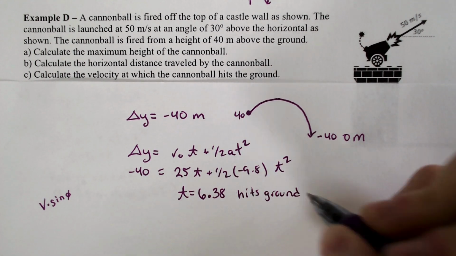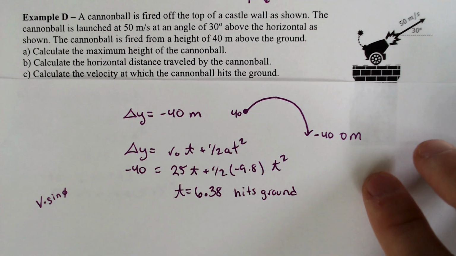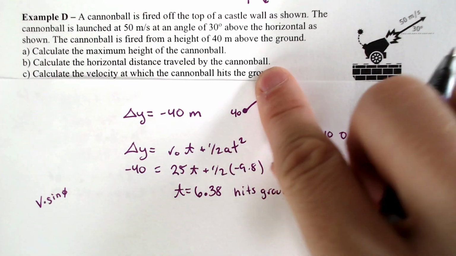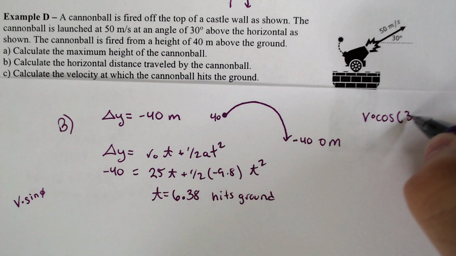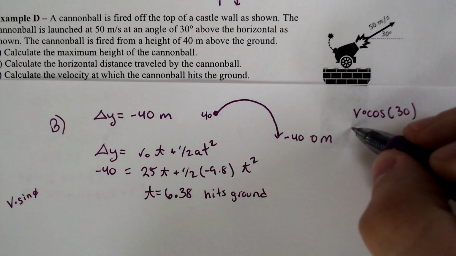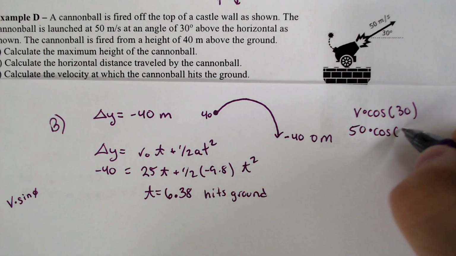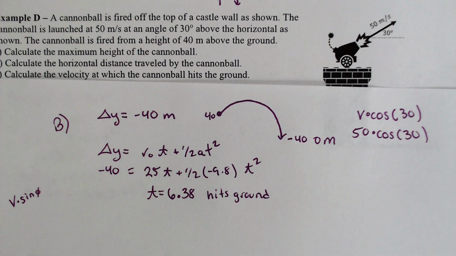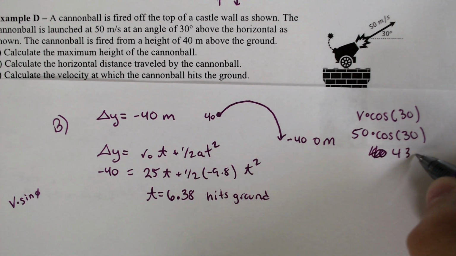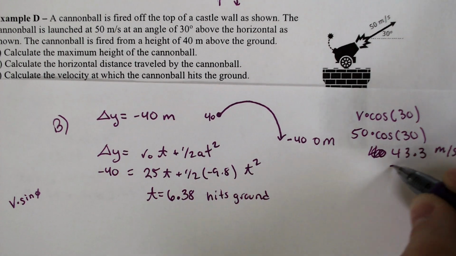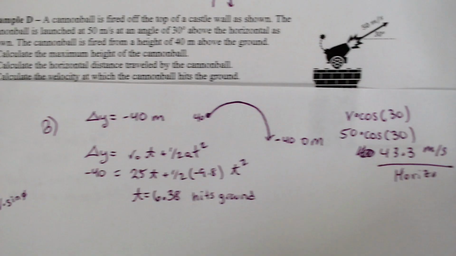then we can find how far it has traveled during that time frame, because we can figure out the horizontal component. The horizontal component, we're still on part B, would be v times cosine of 30 degrees. Well, that would be 50 times cosine of 30, and 50 times cosine of 30 is not 25. It is 43.3. That means that the horizontal component is permanently